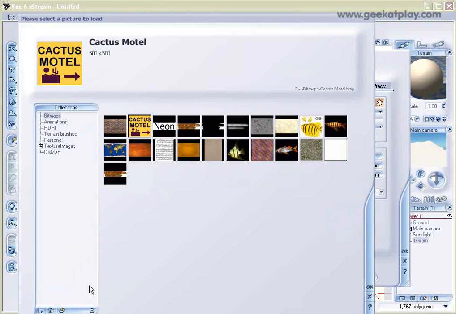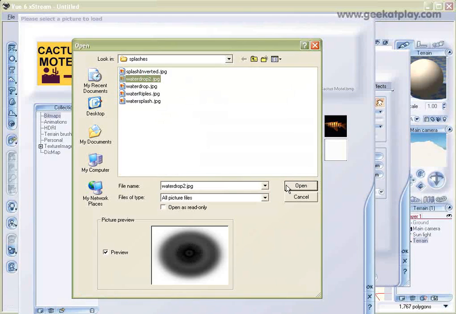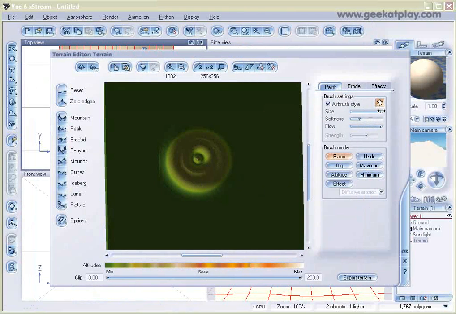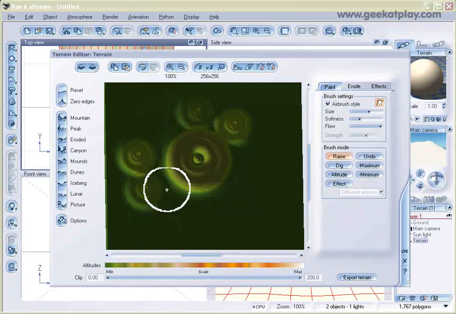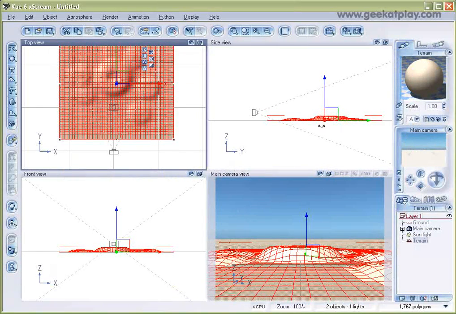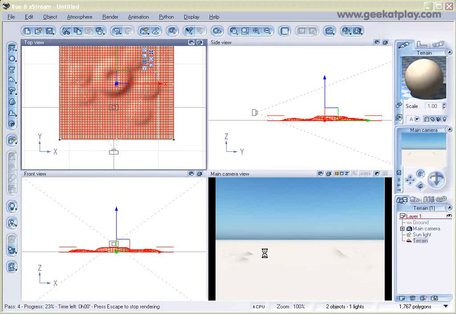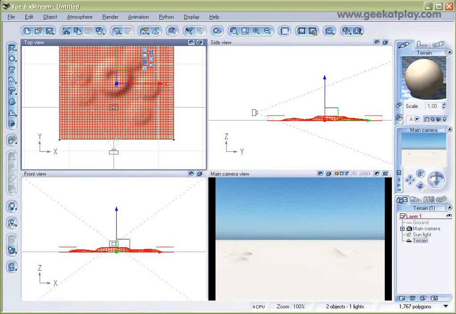Now let's go to the brushes and let's just select a different kind of splash brush so you can have a brush here and see the difference. And let's decrease the size a little bit. And let's put a few around here, maybe like raindrops or something. Okay, and we already can kind of preview what we want, but it's hard to see, and it would be